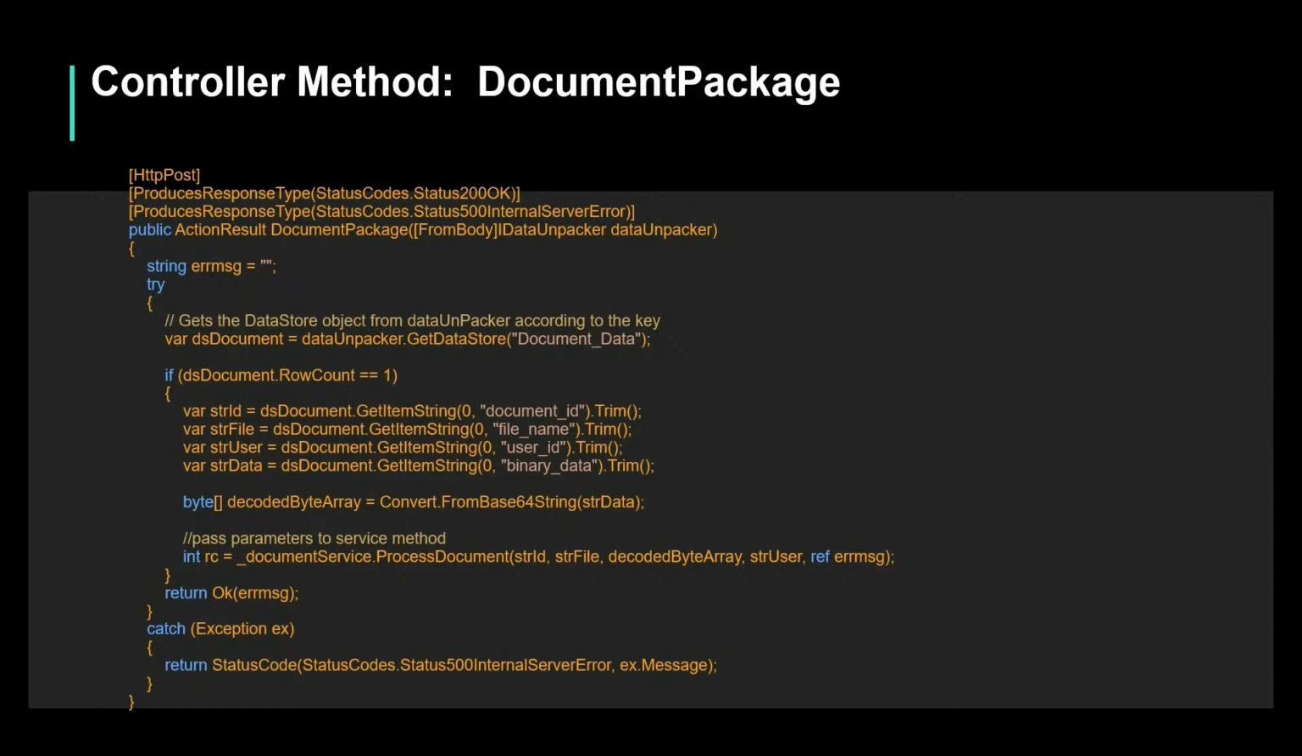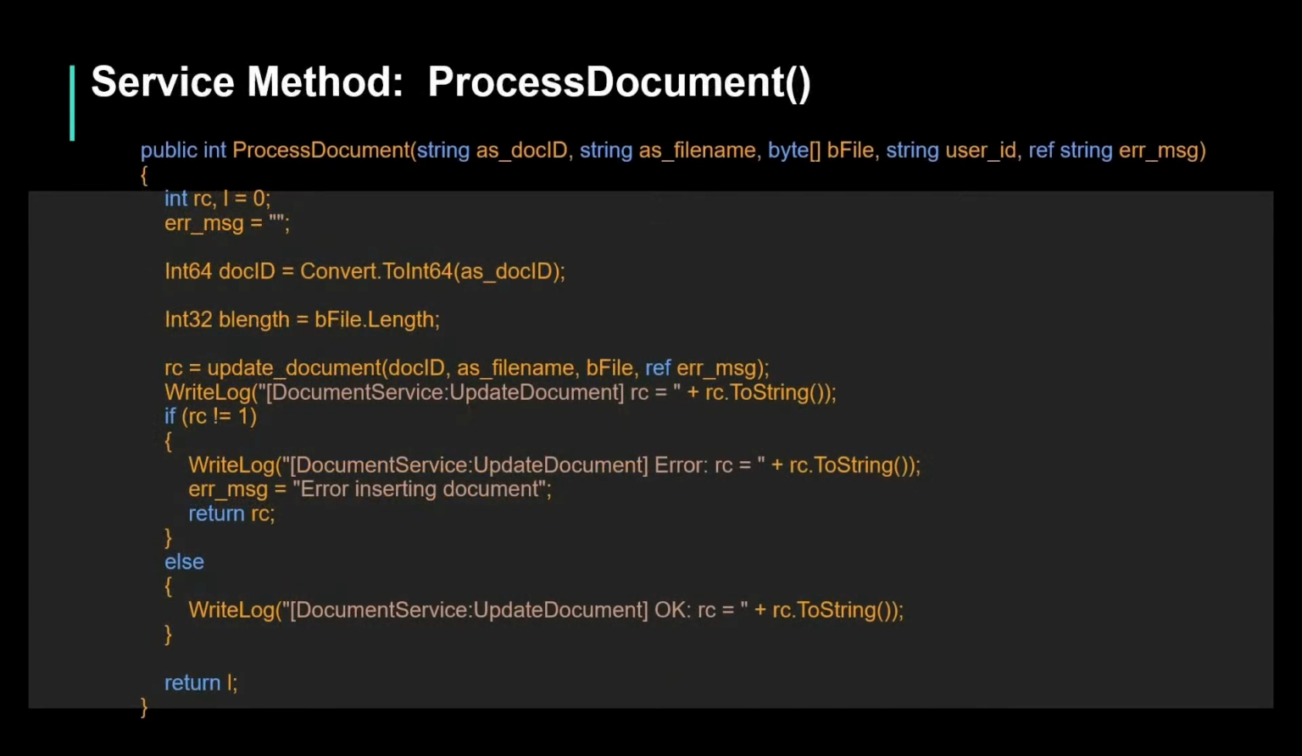So I'm using the .NET method convert from base64 to put that into a decoded byte array. And then that byte array gets passed into a service method along with the name of the file and the ID. And that service method is called process document. So that method looks like this,